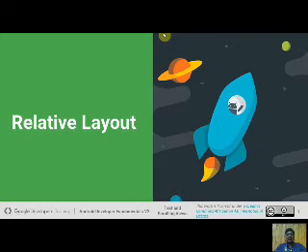So now we discuss the relative layout by example. In the previous lecture we discussed the example of linear layout and constraint layout. Now we discuss an example of the relative layout. Let's open Android Studio and create a project.